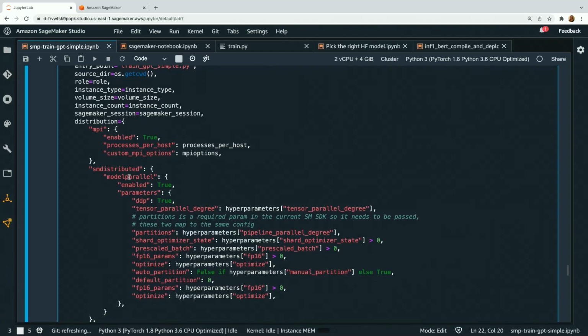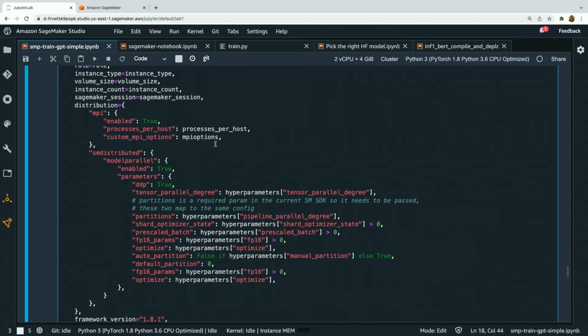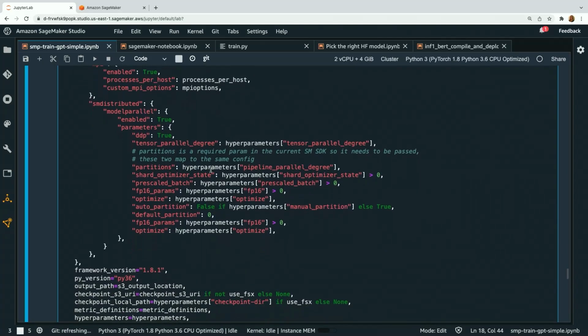So if you're using model parallel, you're going to need to have MPI enabled. Processes per host, etc. Okay, tensor parallel. Tensor parallel is an addition to model parallel, essentially. Remember, model parallel takes your model and breaks it up across GPUs.